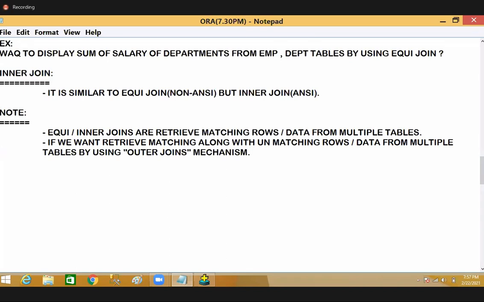Okay, outer join mechanism. Here, both equi join and inner join are retrieving data. Which type of data are we retrieving? Matching data. So the matching information we got by using equi and inner joins, but the unmatching data left in our tables, we are not getting here. For example,